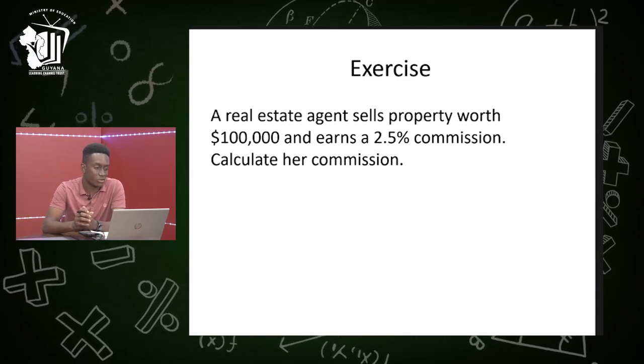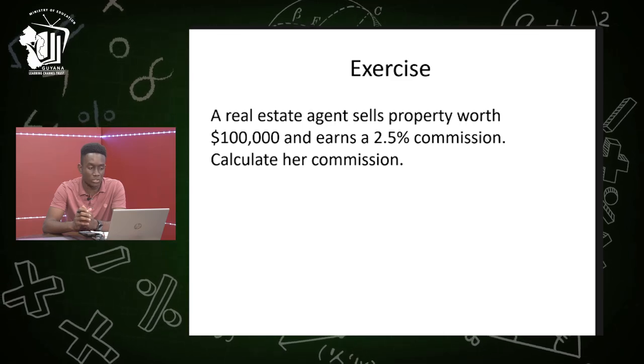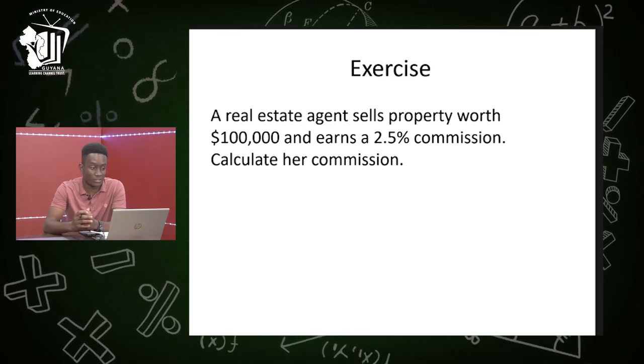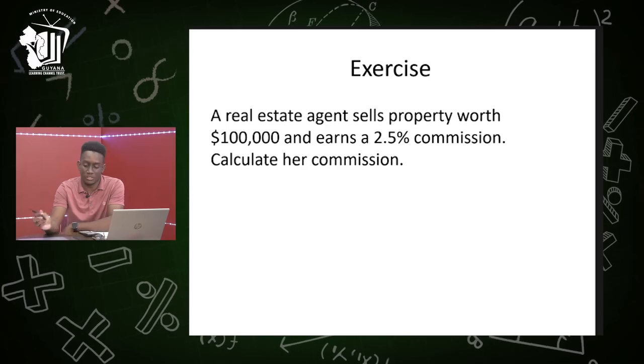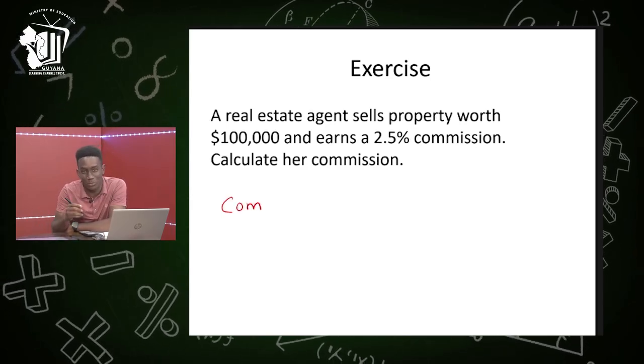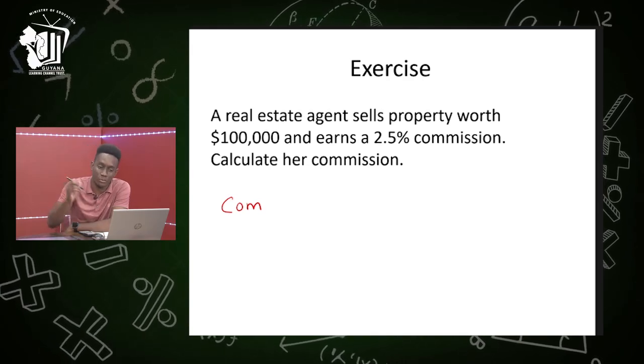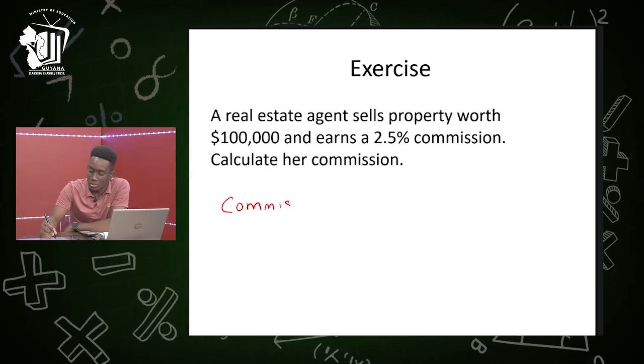So this question says, a real estate agent sells property worth $100,000 at 2.5% commission. Calculate her commission. So you can probably pause this video and try to work this one out before I finish it, to see if you totally understand commission. So her commission would be